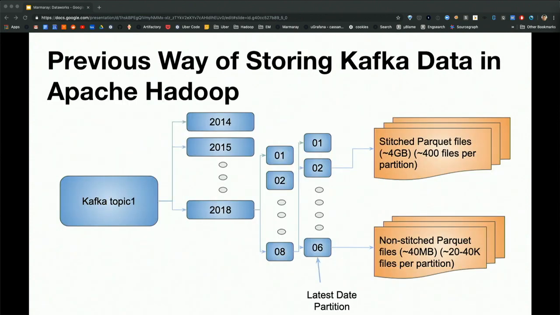I wanted to talk about how we previously stored Kafka data in Hadoop and how Marmaray is a vast improvement. So this is our previous ingestion system. Every single executor would store a small file in Hadoop, and we had a background process that would stitch the Parquet files together to make the file size basically the HDFS block size. Now, this was a very expensive process, and if you think about name node pressure, we're creating lots of little files on Hadoop, and that's not a very efficient way of going about it. We caused a lot of name node pressure in the previous system on our infrastructure.